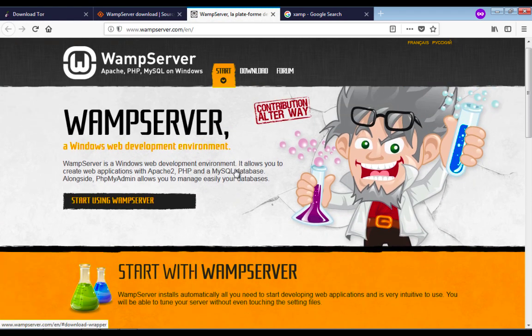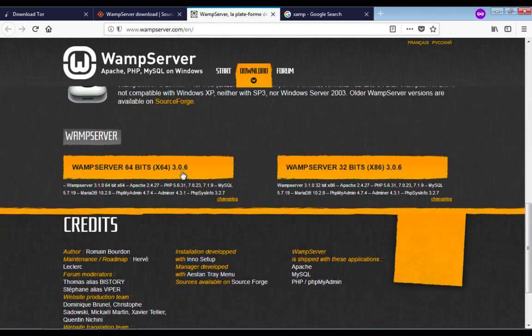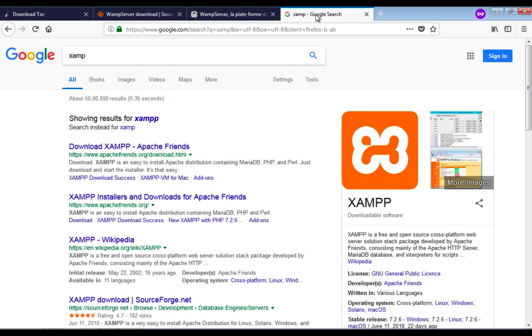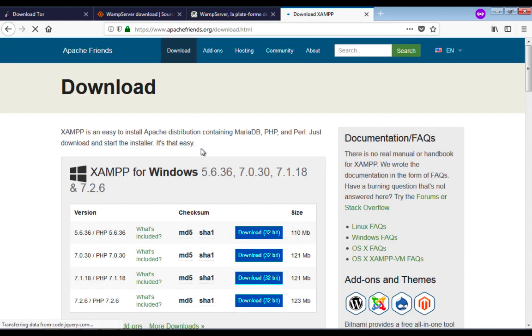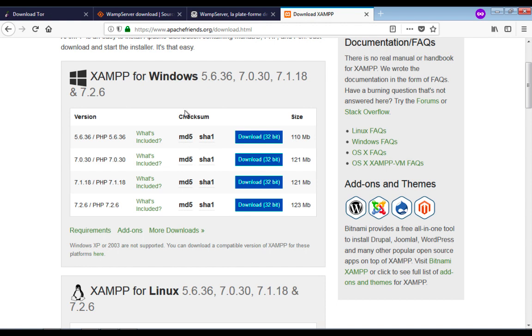Again, if you are going to this website, you have to click on download and download the appropriate version according to your Windows machine, whether it's 32-bit or 64-bit. Again, if you are not going for WAMP, just download XAMPP. In both WAMP and XAMPP, you have to select one software. It will help us enable the localhost service inside our computer system. You can download it for Windows here. Check out, these are the versions. Right now I'm using 32-bit, so just click and download it.